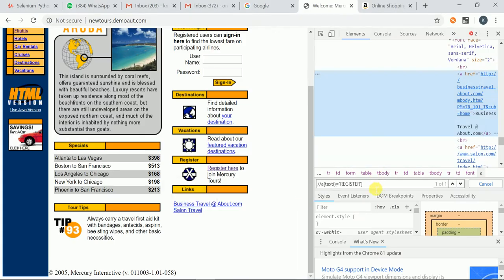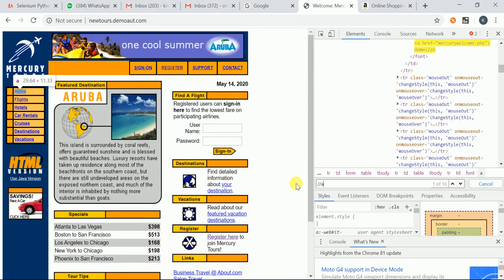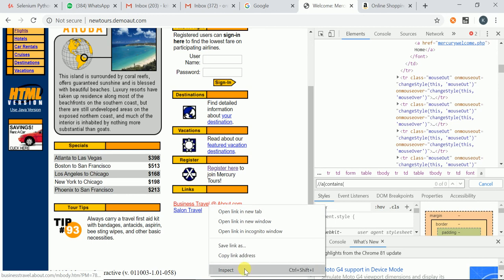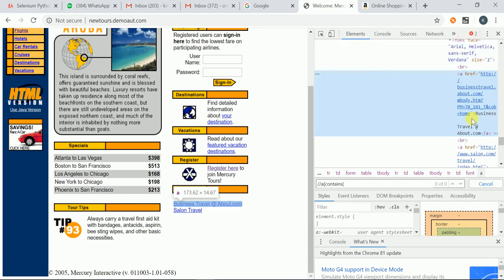See here how we can write the contains syntax. What is the tag name? Tag name is a, contains, link text. It is a link text. Text, travel.com, close. See, one of one. Have we given the complete text here?